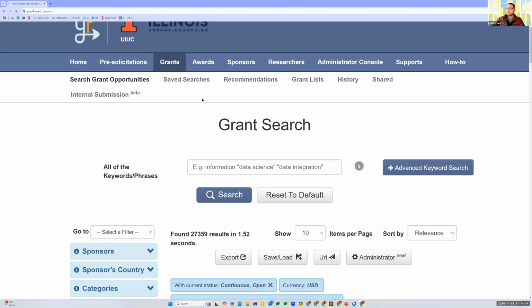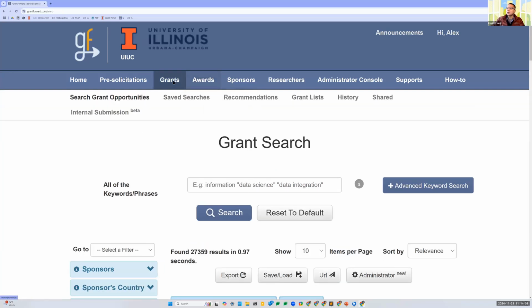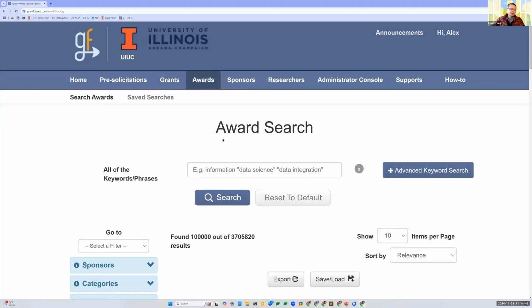What is an award? Well, award means funded project. In contrast to grants, which means future funding opportunities. So each grant is a call for proposals. Each award is a successfully funded proposal, because in your pre-award process, you have many questions, such as, is my